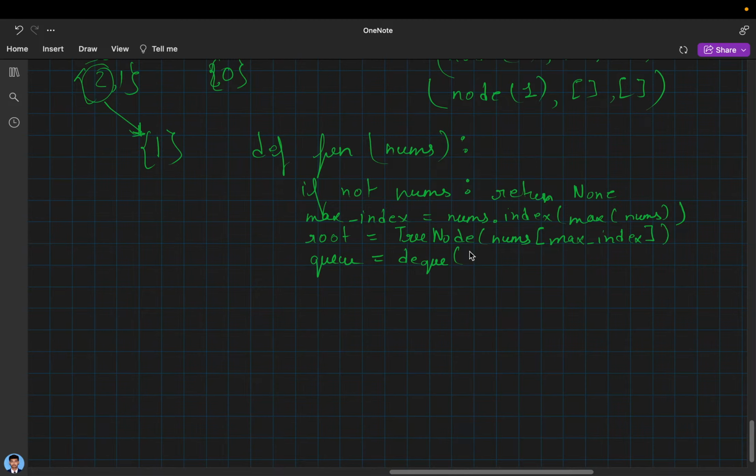With the value. Let's not confuse things, just make a DQ, and DQ dot append the main first root, and then whoever is on the left should be nums,